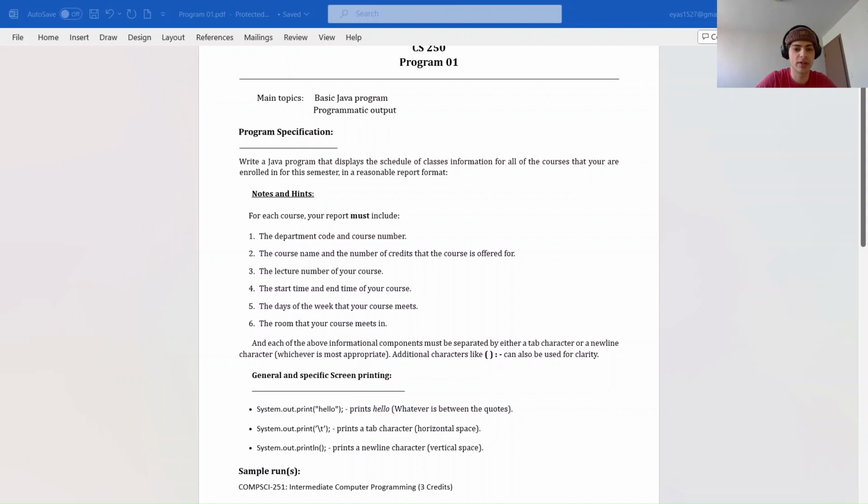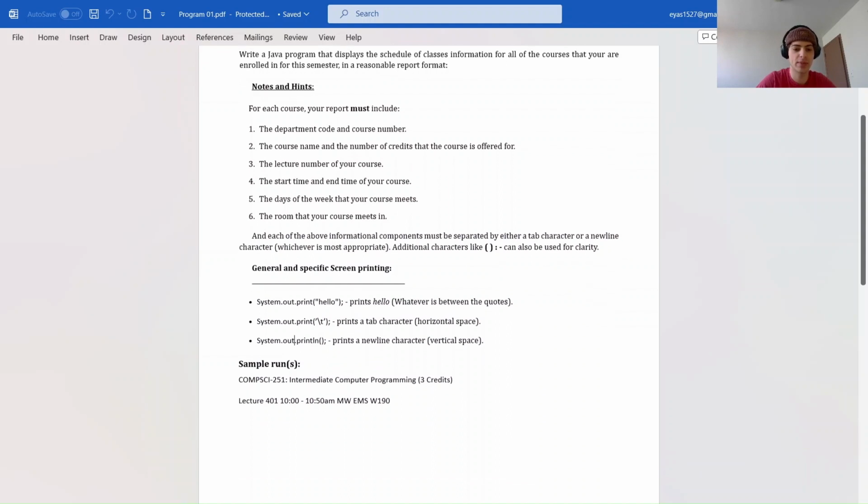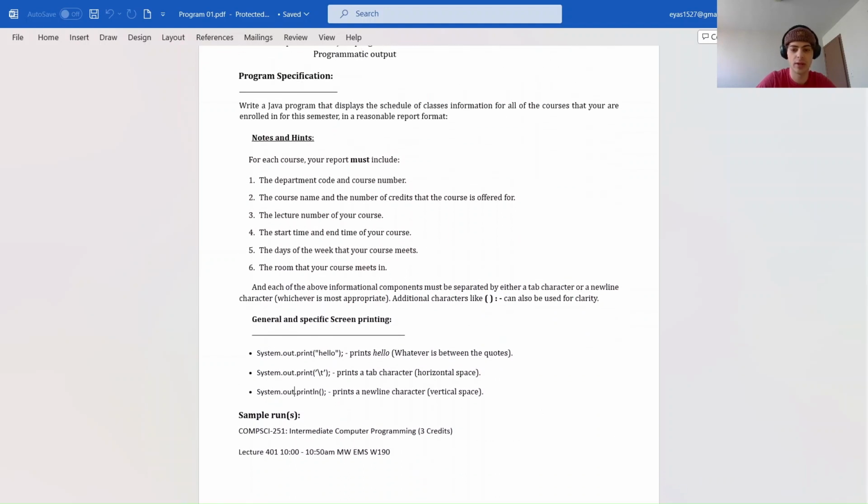So we know we have to type stuff about our class, and we're going to be using system.out.print, system.out.print for tab, and ln for new line. So let's try to talk about what each of these means, and then we can start typing up our class schedule. So if we're doing system.out.print,